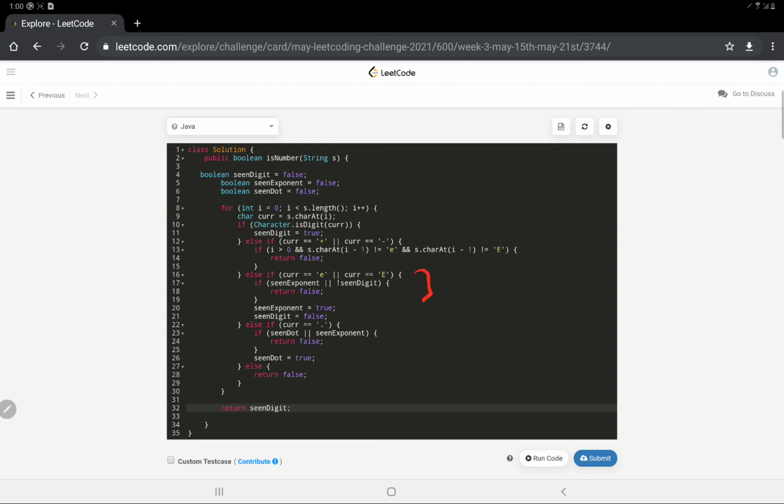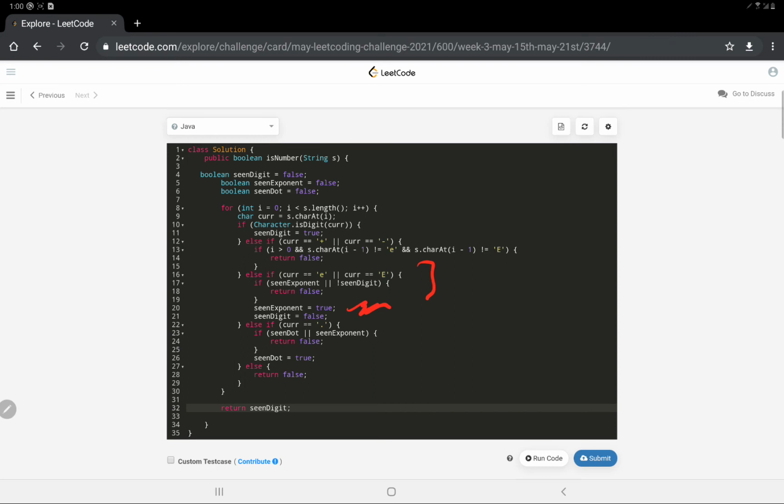Now if we see an exponent, then what we will do is check whether we have seen a digit before the exponent. Why? Because a simple e won't make any sense. It has to be 1e plus something like that. So that's the check for this, and I hope this is clear. Now moving on, accordingly the flags will be set. If we haven't seen the exponent, that means we encounter the exponent here.